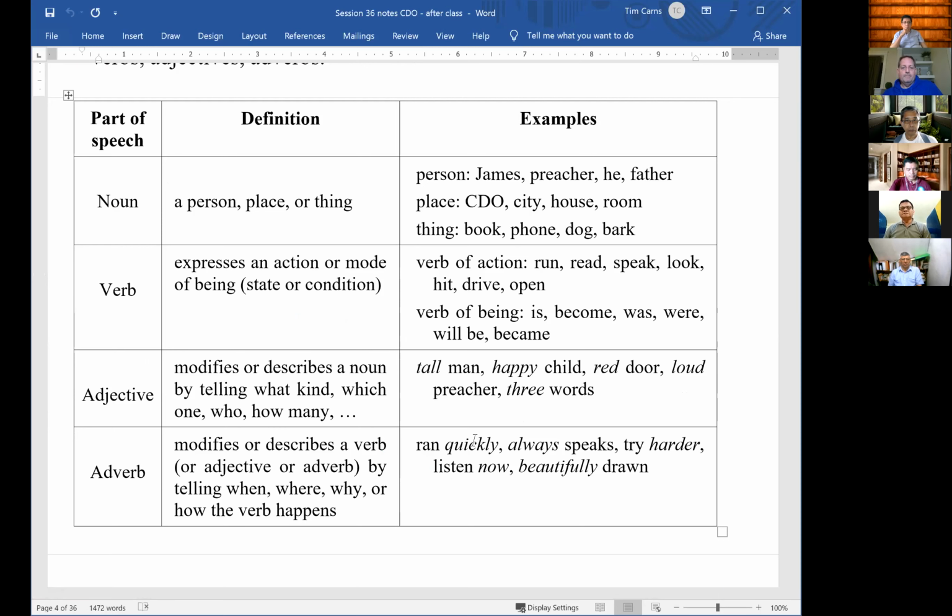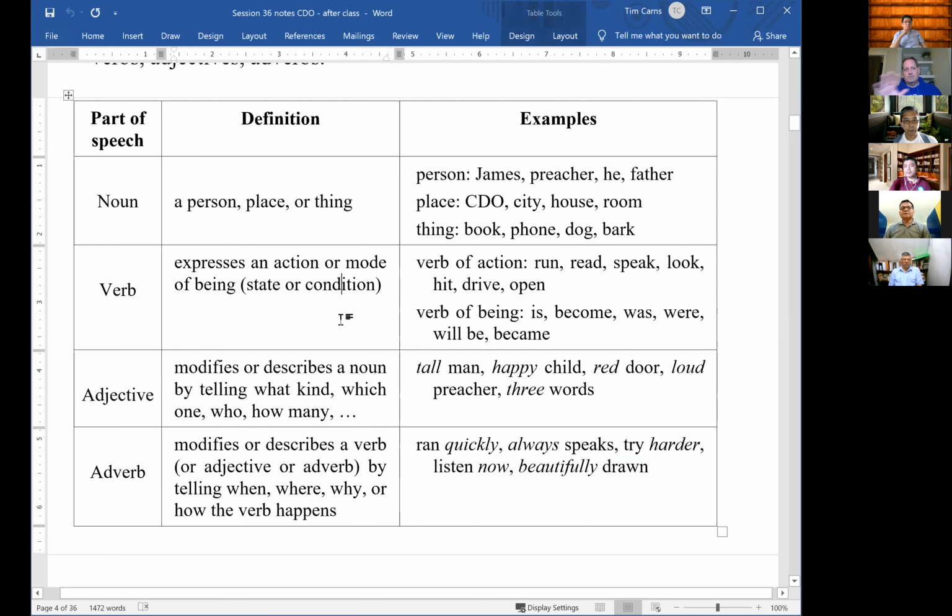Okay, are there any questions on this review? Anybody have any questions at all? You can go back last week on the notes or the video if you want to look at some examples. We looked at a few basic examples, and then we looked at a passage together, identifying the nouns, verbs, adjectives,